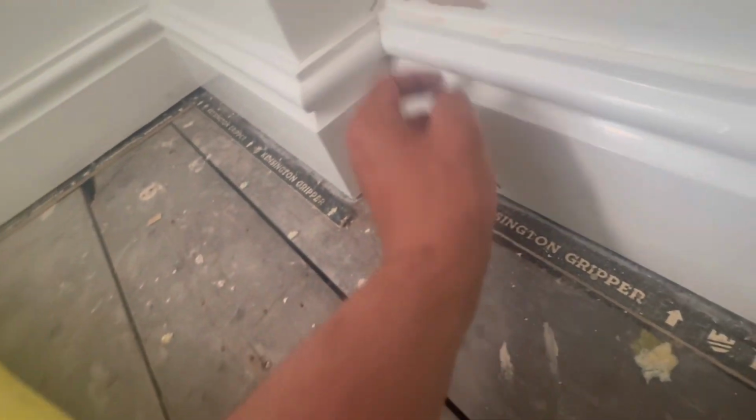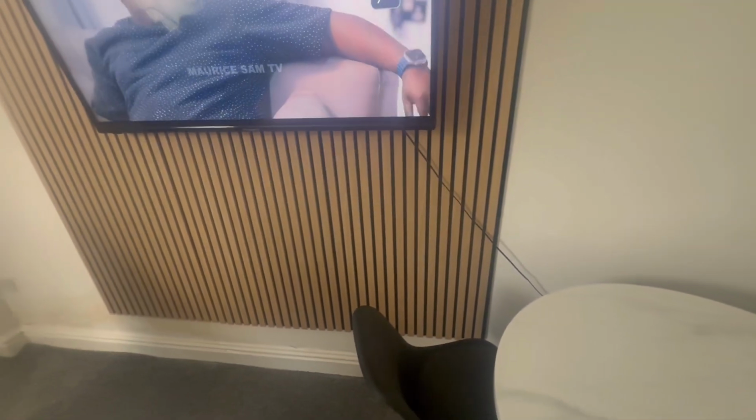So I'd have to pull one of these up, so you can see the joist is there. Obviously the floorboards are on that way, which means the joists sit on this. So if that is getting damp, you can almost guarantee that the old joists are getting damp as well. But they feel quite solid. So it's difficult because it's only minimal, the damp that's coming through, and with it being a party wall as well, the other side of that is a living room again, so you'd think you wouldn't be getting it as much there,